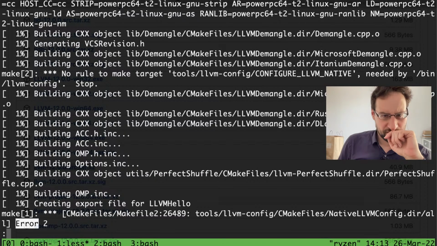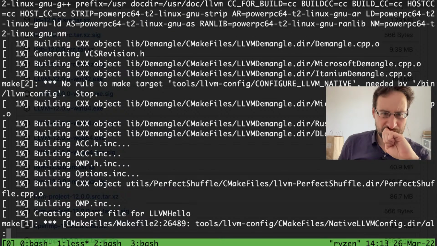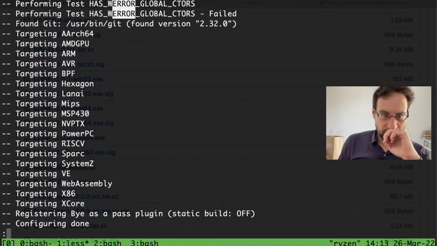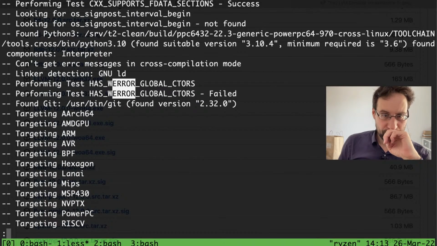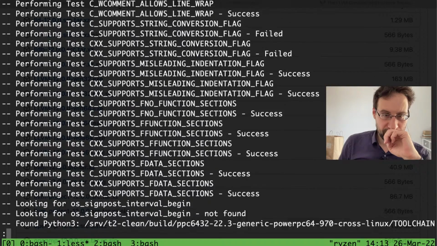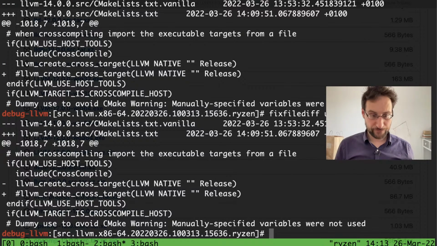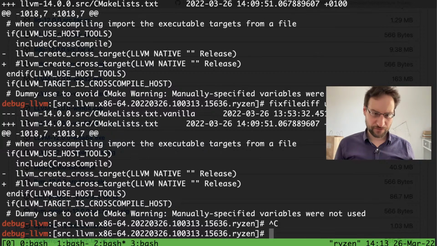Okay, that didn't go well. LVM config LVM native. Okay, so it still wants to maybe. Okay, maybe we patch then. Okay, let's next try. As expected, it failed differently than expected, but it makes sense how it failed.